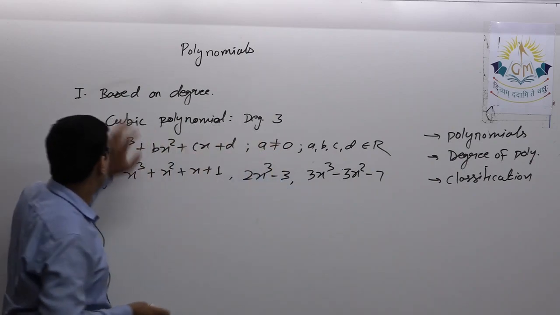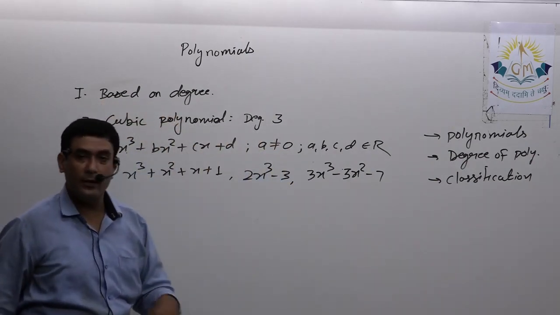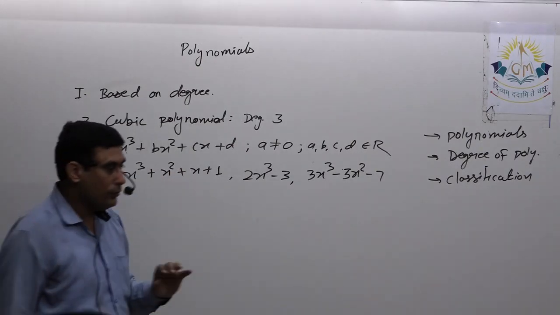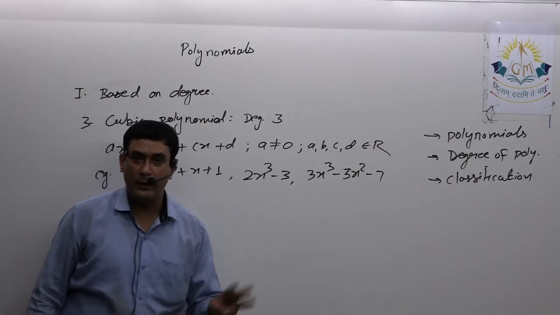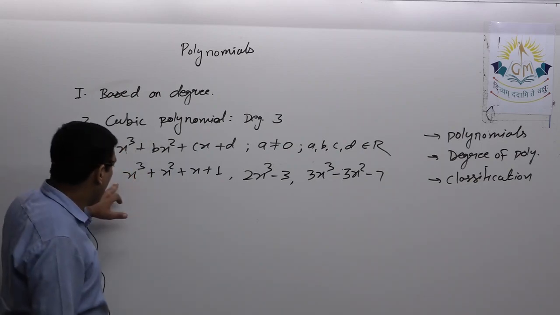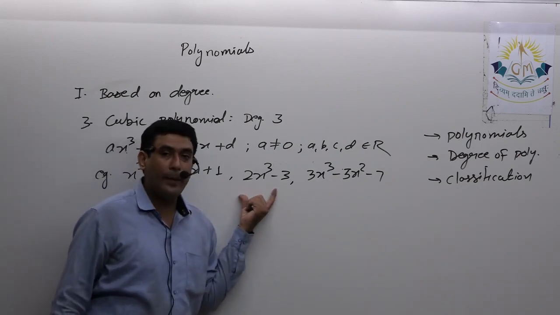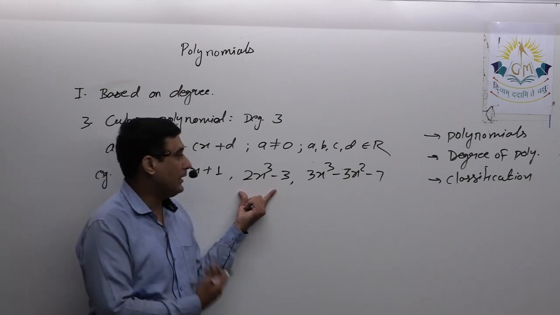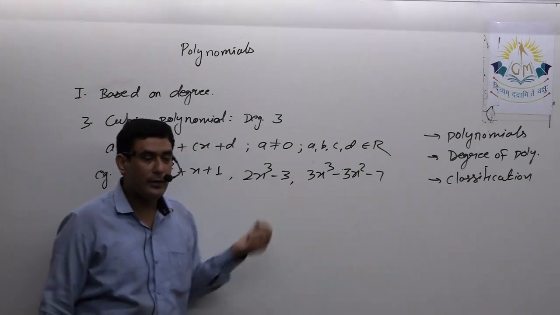See, this is the classification based on degree. There is one more classification that is based on number of terms. I hope you know monomial, binomial and trinomial. So here I can say this is cubic binomial. Okay, definitely after this I will come to the classification based on number of terms, but in short we can